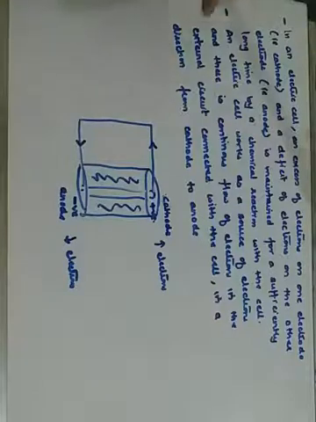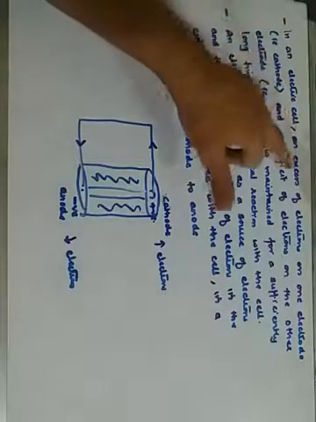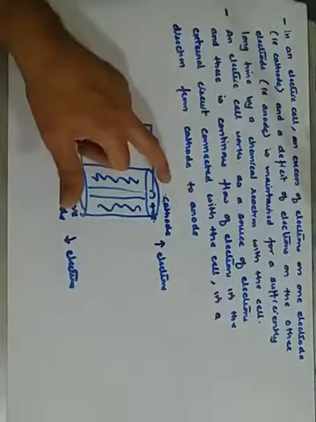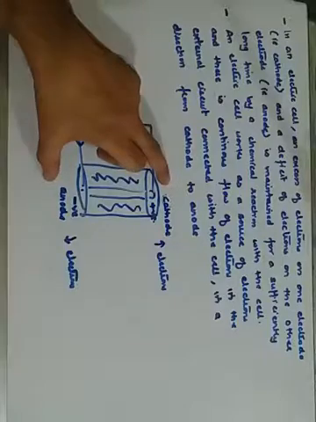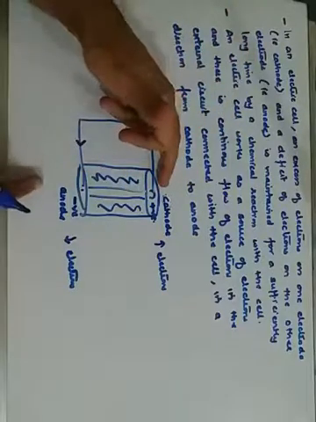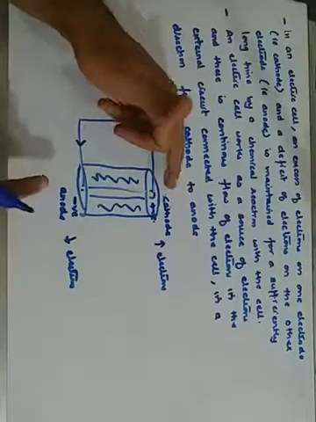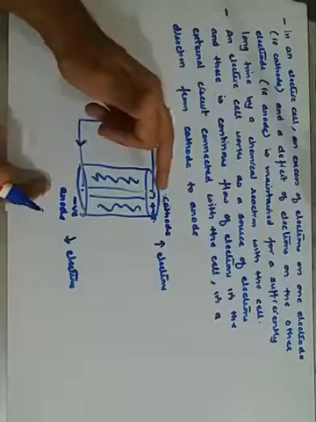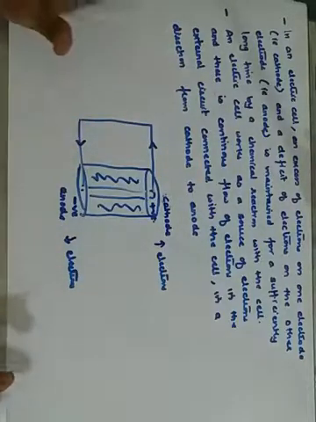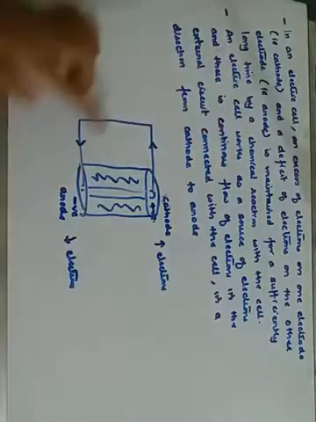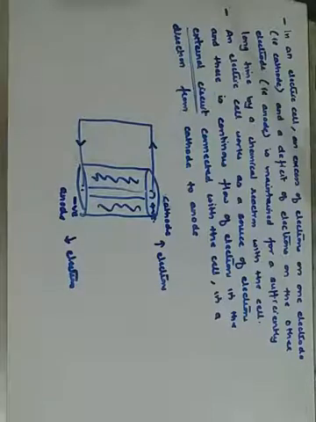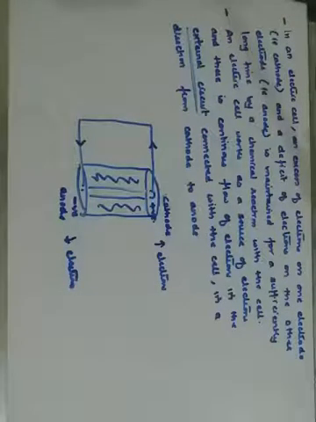An electric cell. Okay, just to revise it, in an electric cell, an excess of electrons at one electrode, that is your cathode, and a deficit of electrons at the other electrode, the anode, is maintained for a sufficiently long interval of time. The difference is maintained, more in one and less in the other, and because of this higher and lower number of electrons, it will move from higher concentration towards lower concentration. Simply, just remember, it is moving from cathode to anode in an external circuit. Okay, this is how the dry cell and the electric cell work.